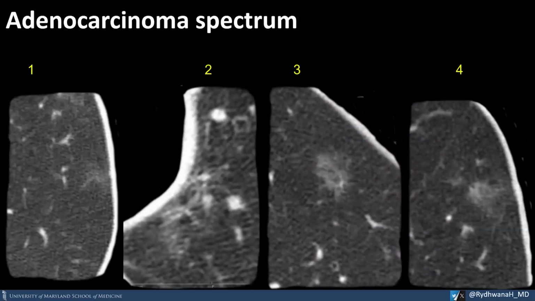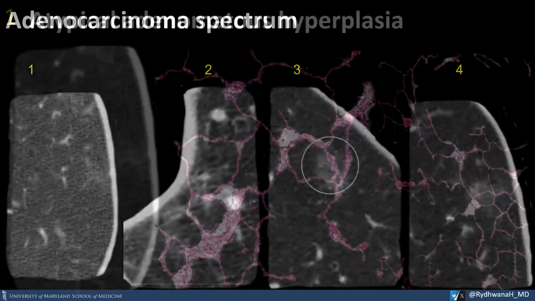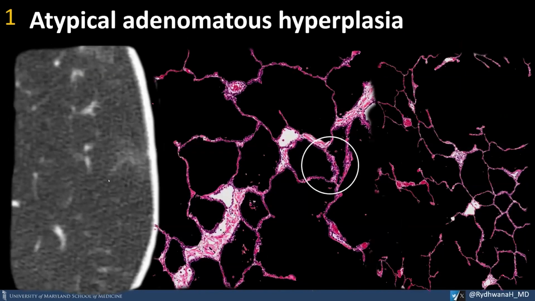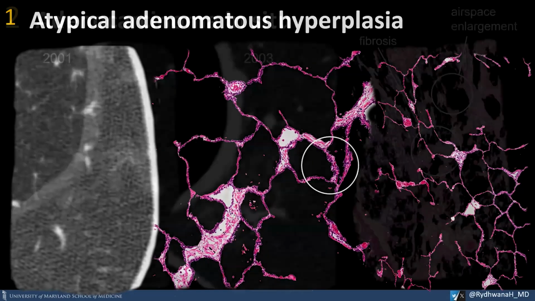So what I wanted to show you guys is one patient's chest CT, and this patient actually had 4 different nodules and the progression of these 4 different nodules. So let's start with the first nodule in the patient's left lower lobe. And this nodule is a pure ground glass nodule, and on biopsy, it was path proven to be atypical adenomatous hyperplasia with mild to moderate atypia demonstrating lipidic growth here.